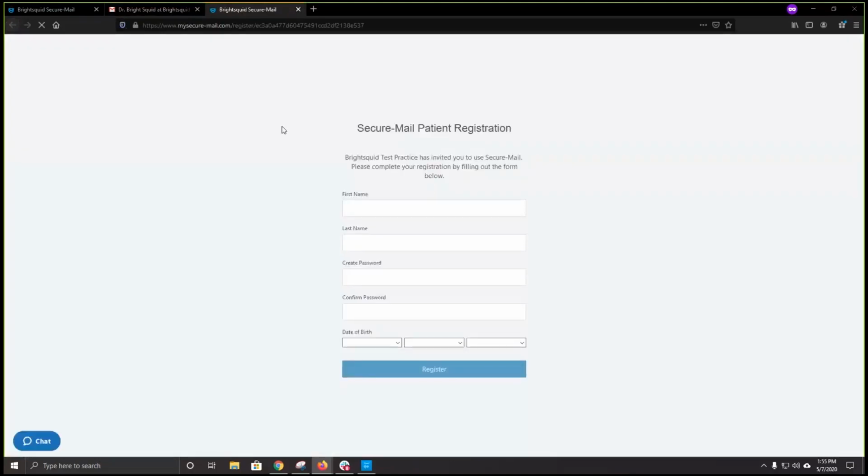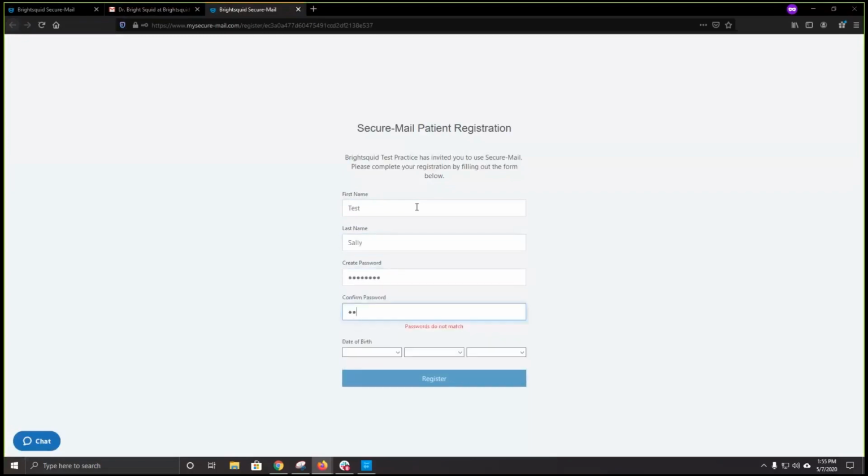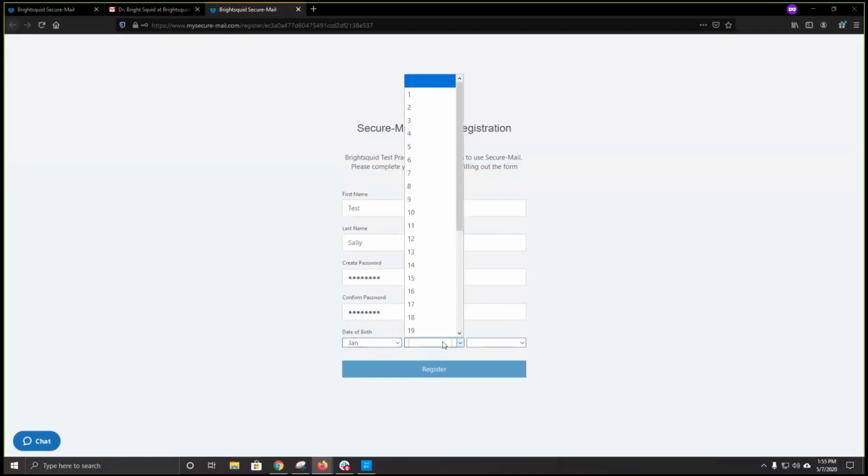And now I'm asked to register and identify myself. So my name is Test Ellie. I'll create a password for my account. Now, I'm only going to have to do this one time. As a patient, once I create my account on BrightSquid Secure Mail, I can use it going forward. I don't have to register every single time. I'm actually creating my own account, which is why I'm selecting a password. And then the skill test in question, what's my date of birth? And I think I said it was January the 2nd,